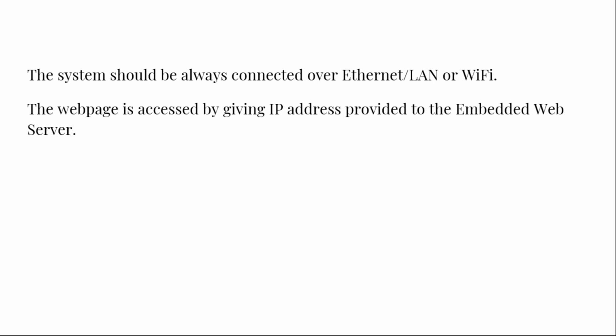Is it for a local area or a global area? If local, we can connect our hardware over LAN or Wi-Fi, on the same local network. And if global, then we provide our server a global IP and access it from